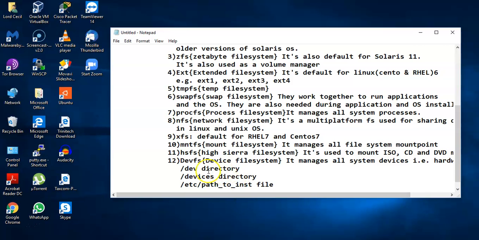So in devfs, we have the /dev directory, which is equal to logical names, and the /devices directory is equal to physical names,